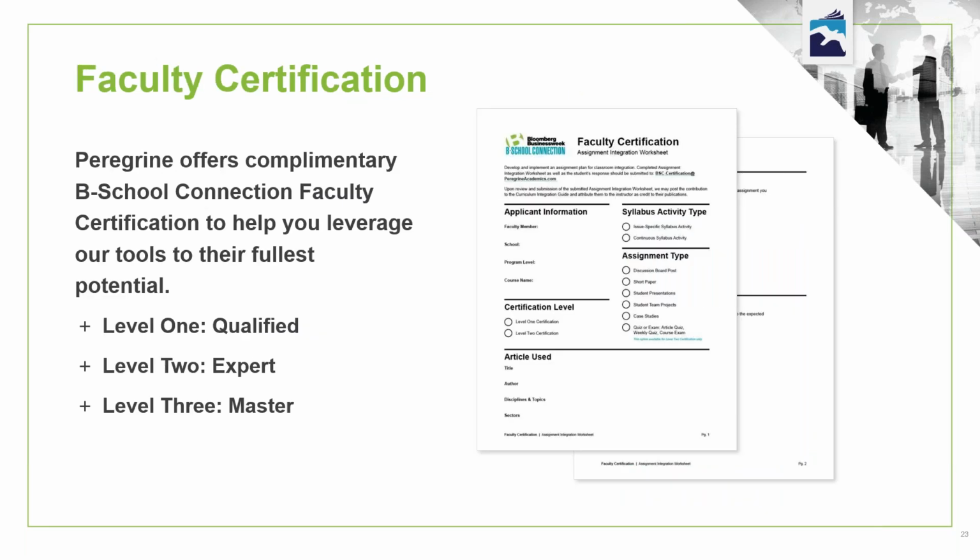The faculty certification program, for us, we developed this to help enable you to leverage all these tools to their fullest potential. And it can also provide you with some added professional development and additional credentialing. And so each level of certification fosters professional development, curriculum improvement and innovation, and accreditation type support